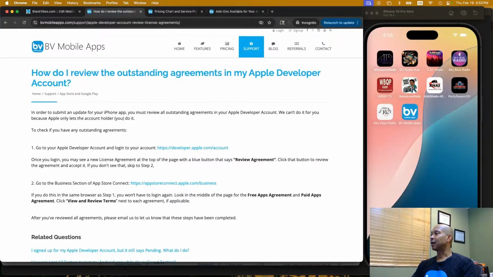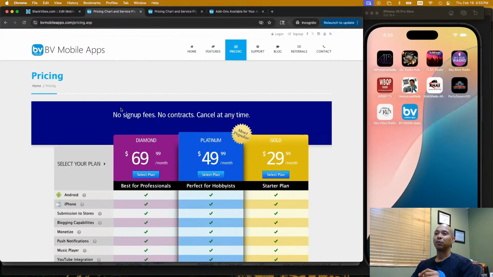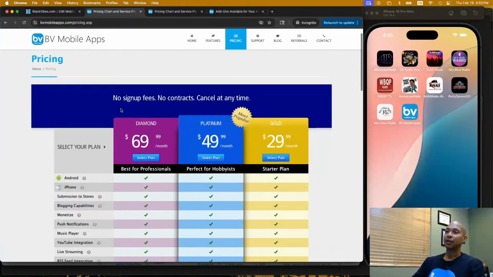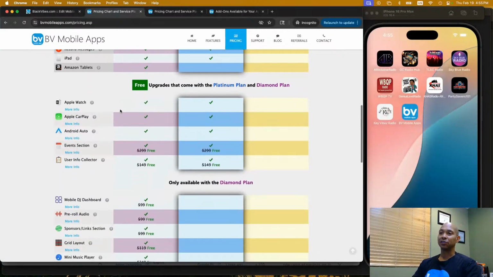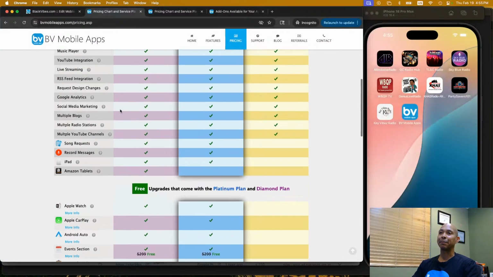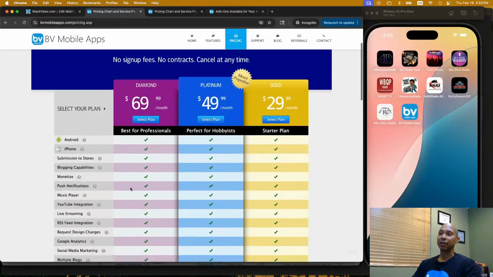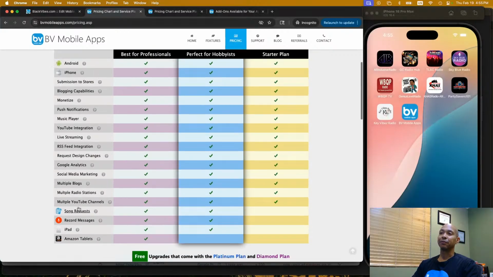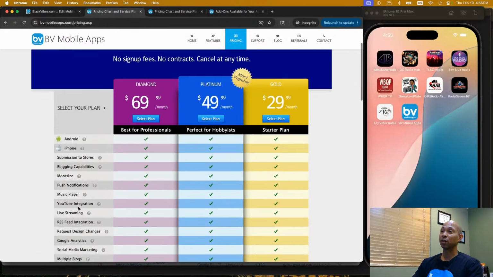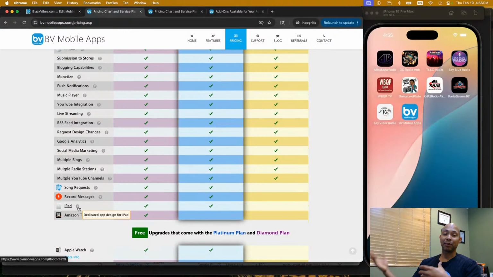Fire TV. I want to make sure that I point this out because there has been confusion on the Amazon Fire TV. So the Amazon app comes with the Diamond plan. It used to come with the Platinum plan as well. So if you were a Platinum subscriber, it was grandfathered in there. You still have access to it. However, if you subscribed recently within the past year, it's part of the Diamond plan, and it comes free with